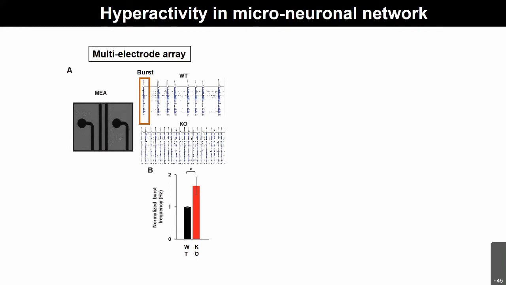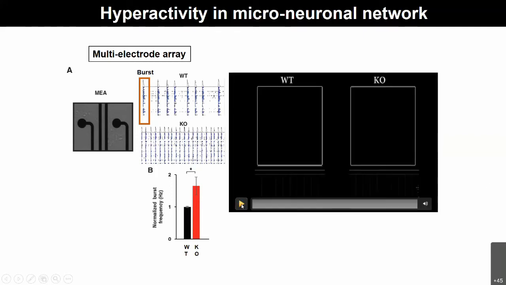But we want to understand a little bit more about the network level, because eventually it is a network hyperactivity, a seizure-like activity, and the phenotype I told you about so far is only a cell-intrinsic deficit. To do that, we turned to another assay known as a multi-electrode array, also known as MEA. We plate neurons onto gold-plated electrodes and measure the electrical activity of this ensemble of hundreds and hundreds of neurons. We are able to document their burst firing like this, and upon quantification we realize that the knockout has a higher synchrony or higher frequency of burst-like firing.